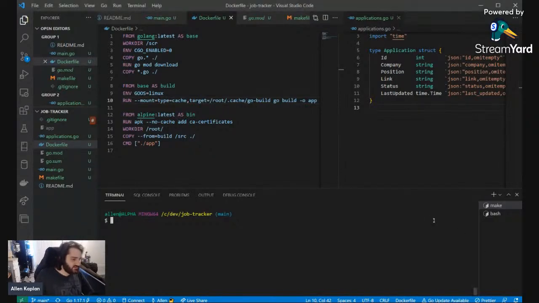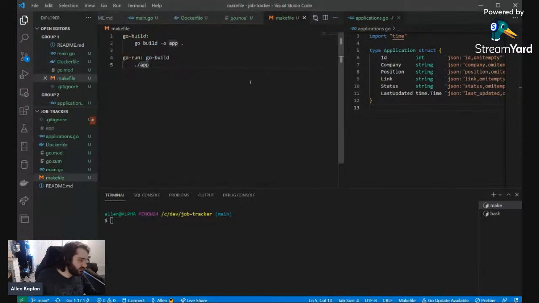So let's make sure that this is running. We're going to put something new in our makefile. We're going to just call it build. So if we go to our makefile, we have this. Let's make just a build. And we're going to set Docker BuildKit to 1, meaning that we're going to use multiple stages in our build. We're going to build, tag it with -t as job tracker, and we're going to just provide it the Dockerfile here. So if I do make build